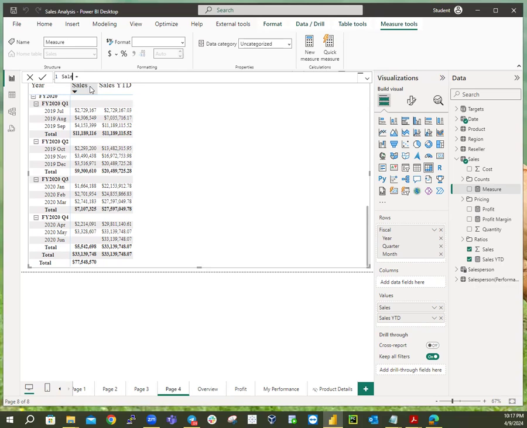So sales year-over-year growth. I will not abbreviate this because we are going to make use of it in our dashboard. Okay. Now I will declare a variable here, VAR, sales prior year. That is,